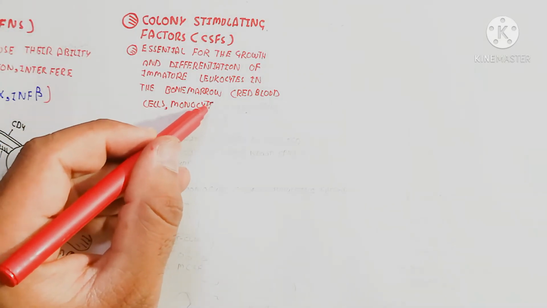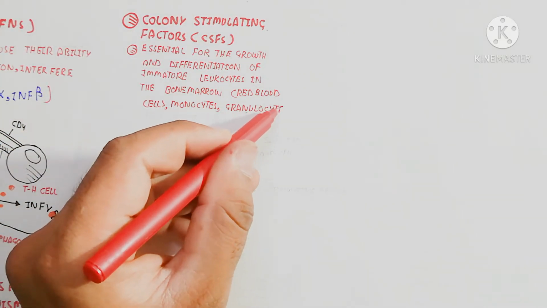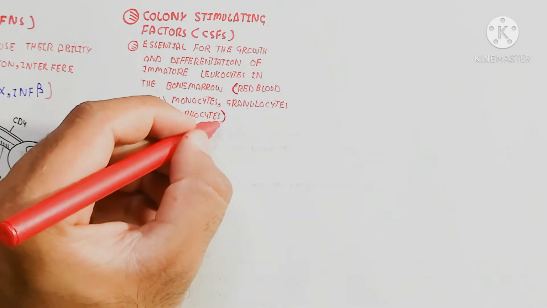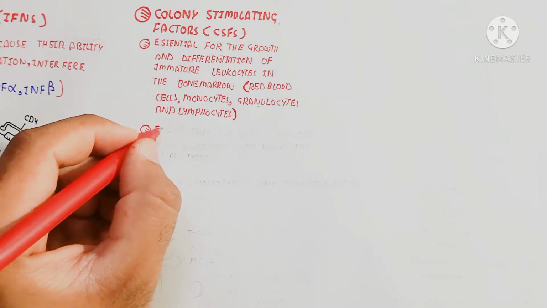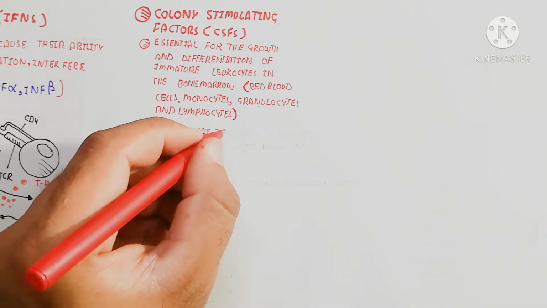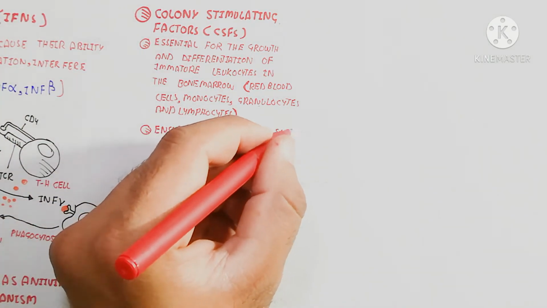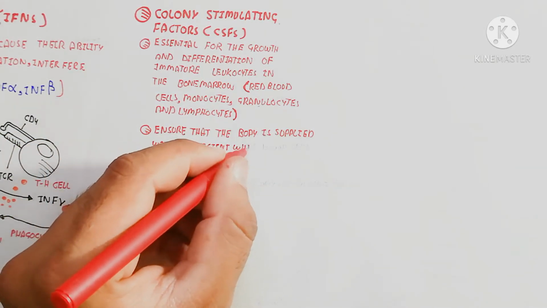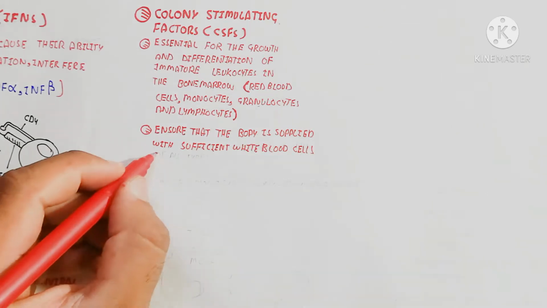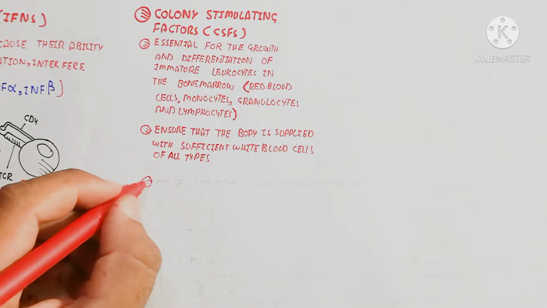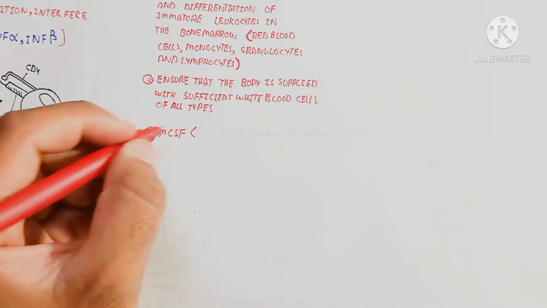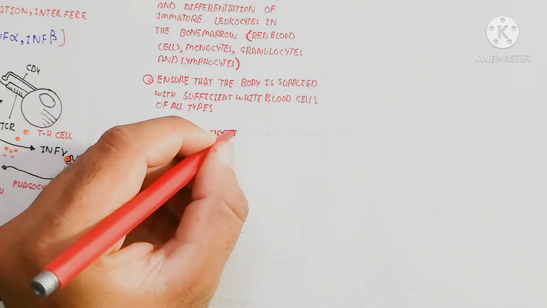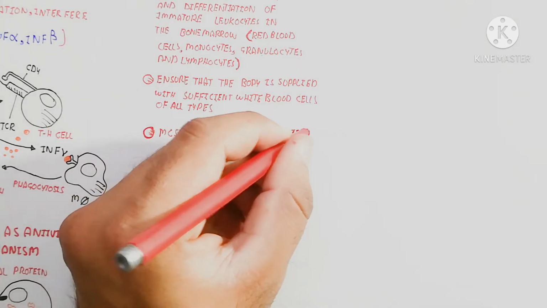It means the bone marrow contains a colony of cells. So the red blood cells, monocytes, granulocytes, and lymphocytes are basically the differentiation of those cells. It means stem cells will differentiate into monocyte, granulocyte, lymphocyte, and red blood cell, to reproduce red blood cells. So they ensure that the body is supplied with specific white blood cells of all